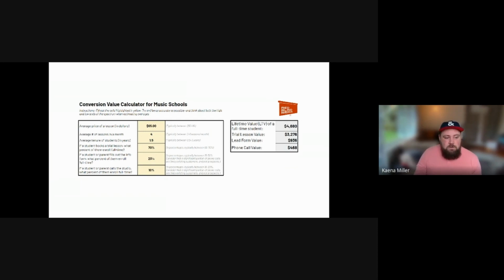These are just some ballparks that you can use as a starting place. But once you fill all this stuff out, the values over here on the right side will update. And so in this example, the lifetime value of a student is actually close to $4,500. And the value of each of these conversion actions then, if someone signs up for a trial lesson and 70% of those turn into full-time students, 70% of 4680 is 3276. So we have values that we can now go back to our ad platforms and plug these in and say,